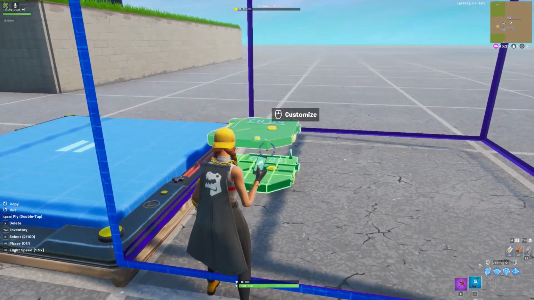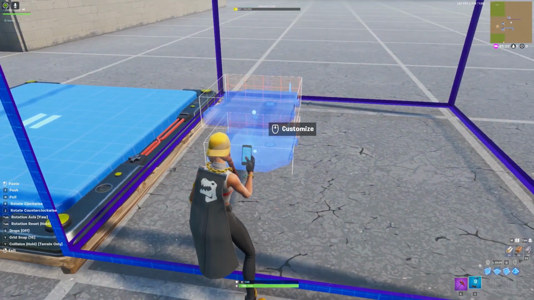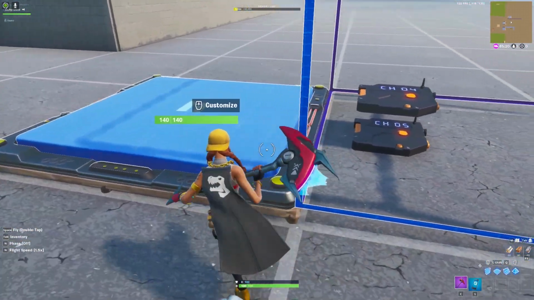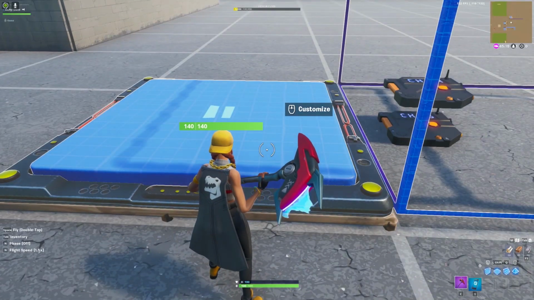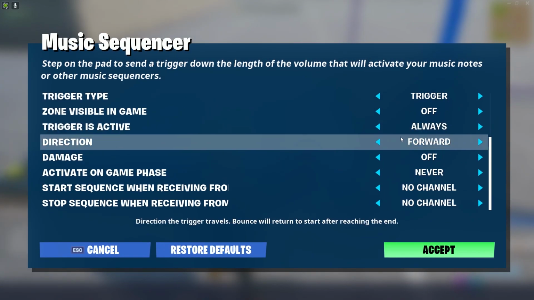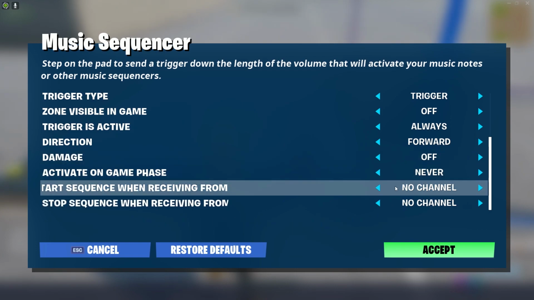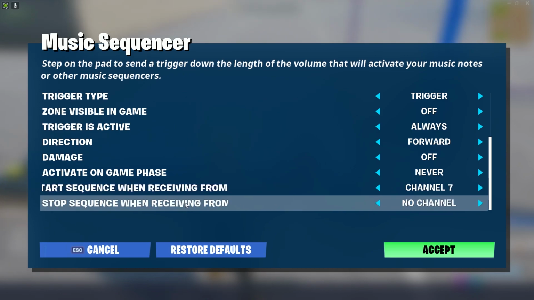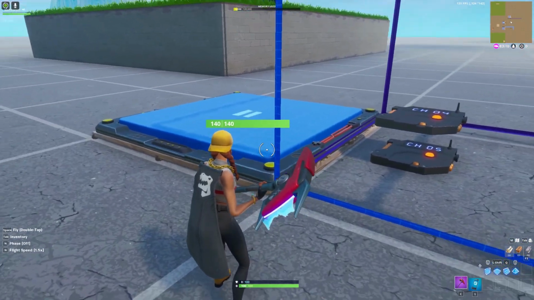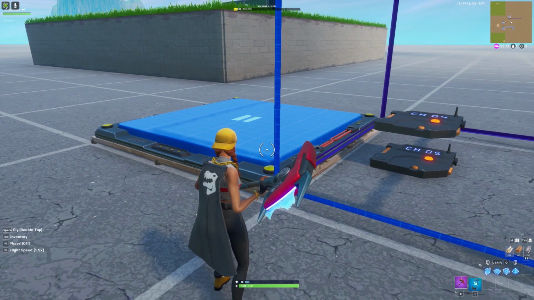The only important thing that comes now, you might want to not directly put that on here. We want to actually now add something to the music sequencer, which is very important. We want to set the starting sequence to 7, which is the same thing as we always did. And we also want to set the stop sequence to 3. What this channel is basically doing is giving us a chance to switch around the 2 beacons with a